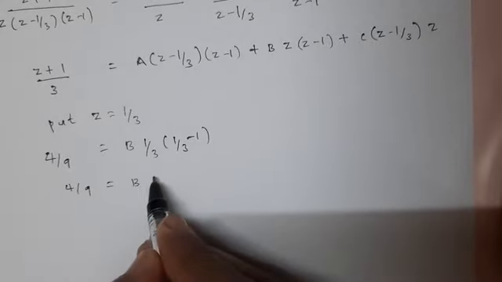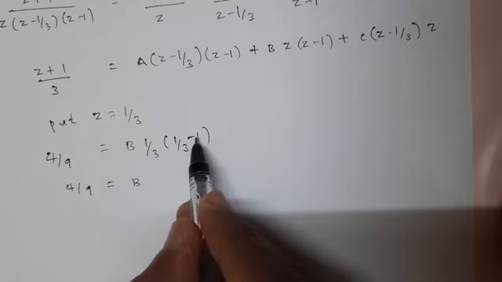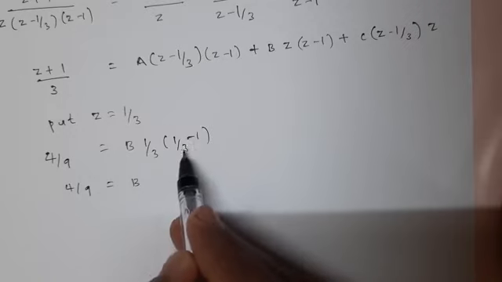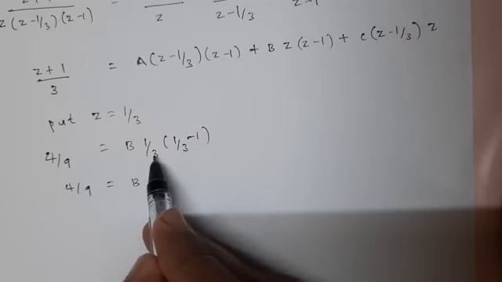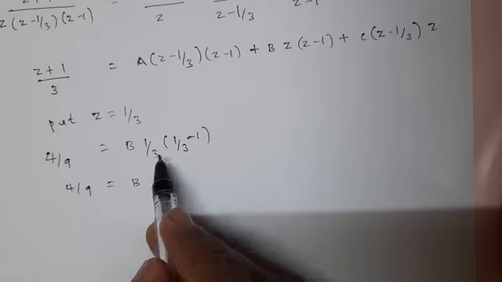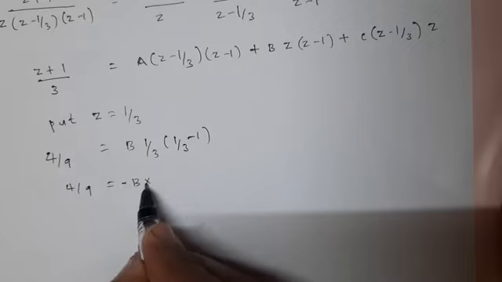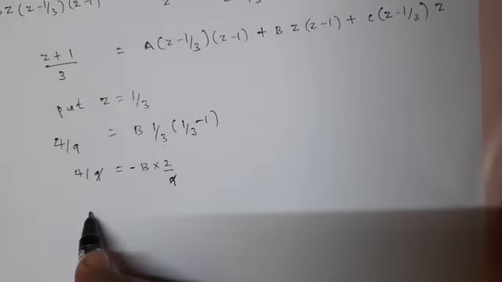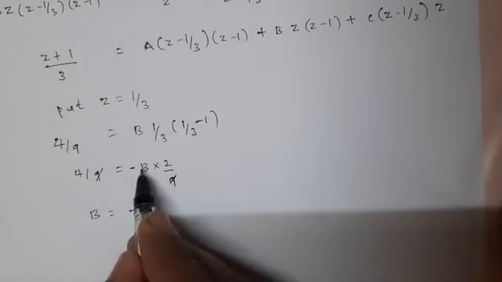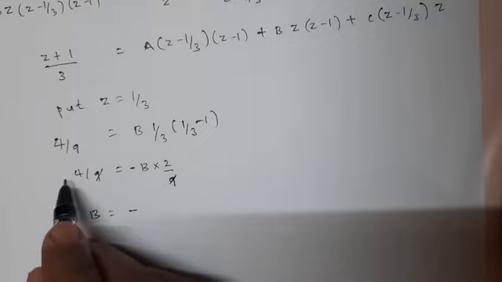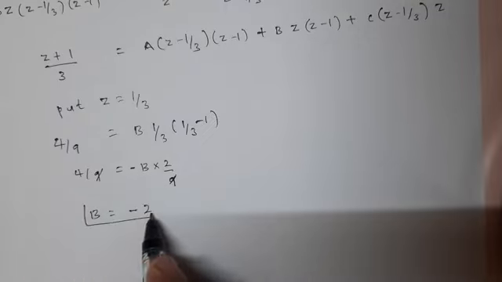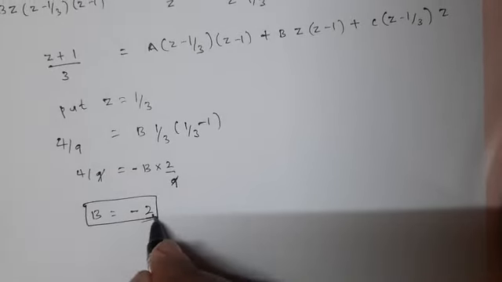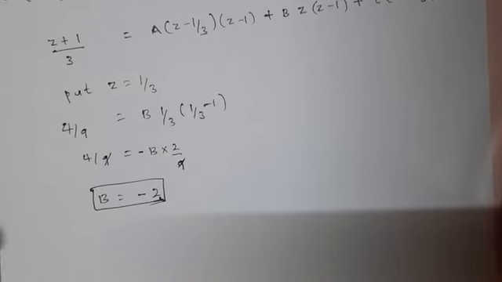So this 3 goes here, 1 minus 3, minus 2 by 3, minus 2 by 3 into 1 by 3, that is minus 2 by 9. This 9 and this 9 get cancelled. You are left with b equal to, minus sign as it is, 2 you shift here and minus sign here, so b equals minus 2.